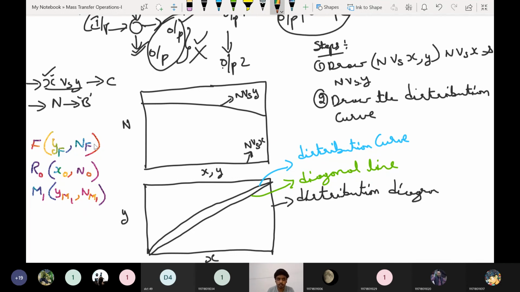So first you can locate YF and NF, where this point is coming. N is on the y-axis and YF is on this axis. When you look at those points, it will come somewhere here. So you denote this with the F point. Then the values of x0 are already known, since these are inputs. So x0 and n0 will be given in the data, so R0 will be at this point. The x-axis is x0 and on the y-axis n0 will be located. So now what you have to do is join these 2 points.